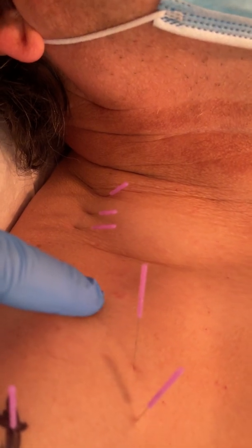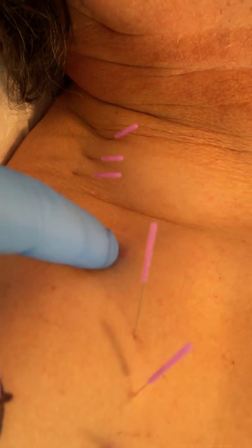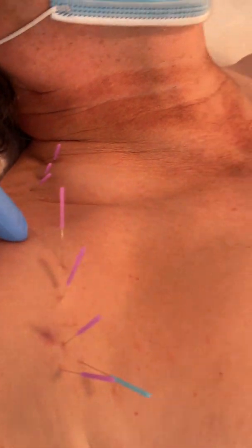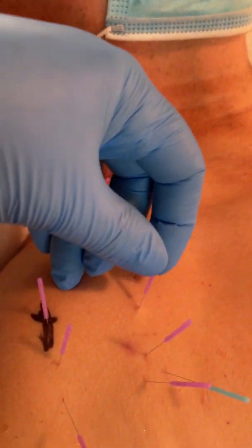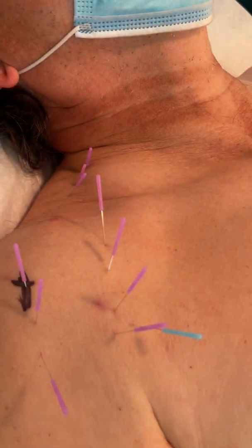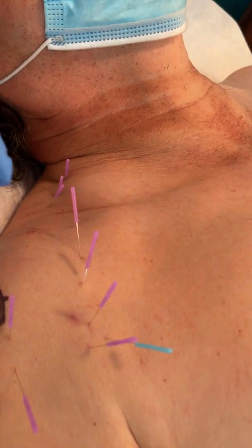Sorry, I'm really bad camera work. I did needle here at the tendon attachment directed towards the tendon, and I didn't really get much release. So I think the real problem is here at the top of the muscle. And the thing is that I wanted to say is that